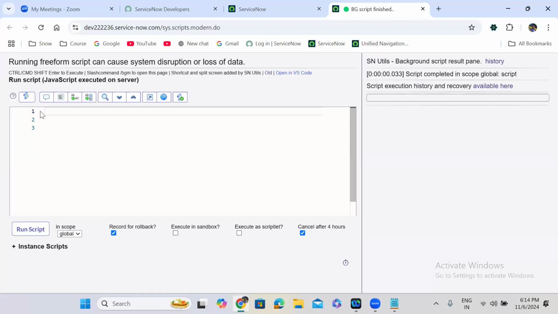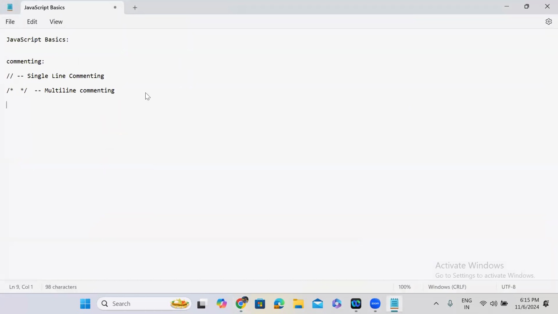Okay. After understanding the comments, we have to understand variable declaration. Guys, in JavaScript, okay,